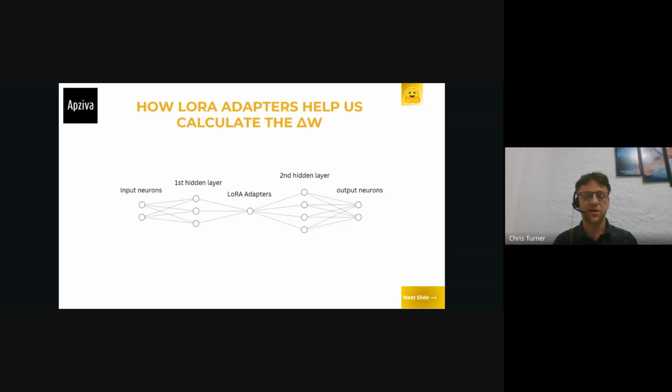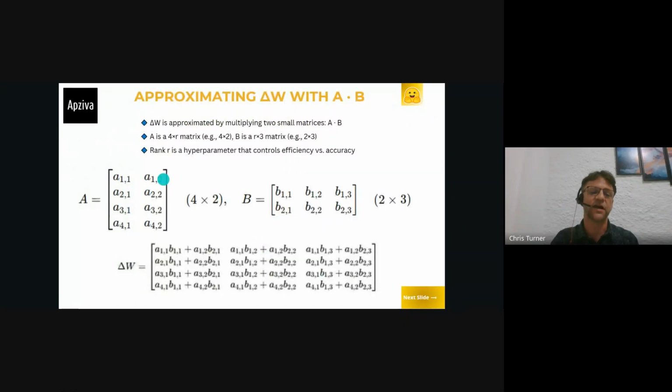And so now we can talk a little bit about how the LoRA adapters are going to help us in this process, and how does adding something new to the model make things easier and simpler. And so part of the answer to that is that when we add these LoRA adapters to the model, the original weight matrix for the connections between the layers in the model are actually frozen in place. And we're not going to be adjusting all of those weights with backpropagation anymore. We're going to be adjusting only the weights in these LoRA adapters. And so let's take a little closer look at what that means.